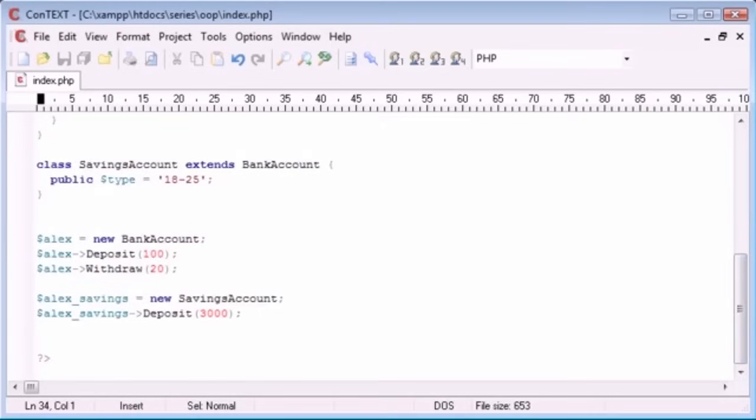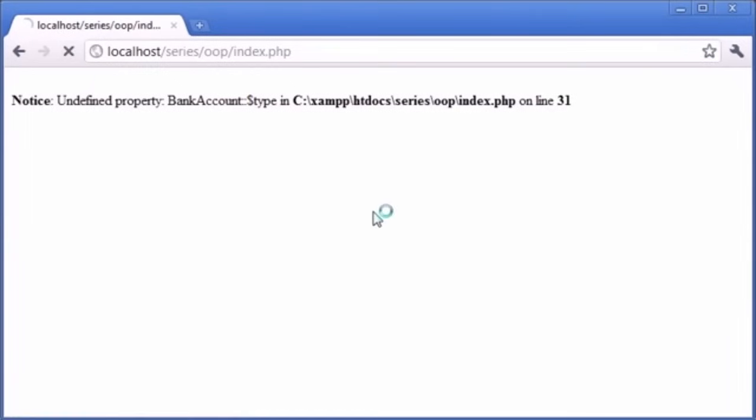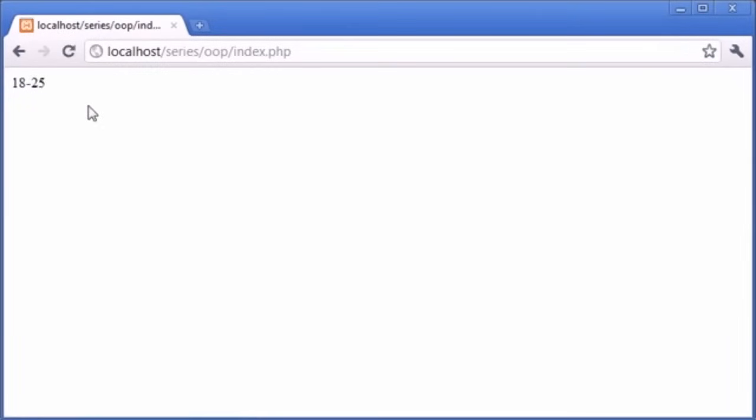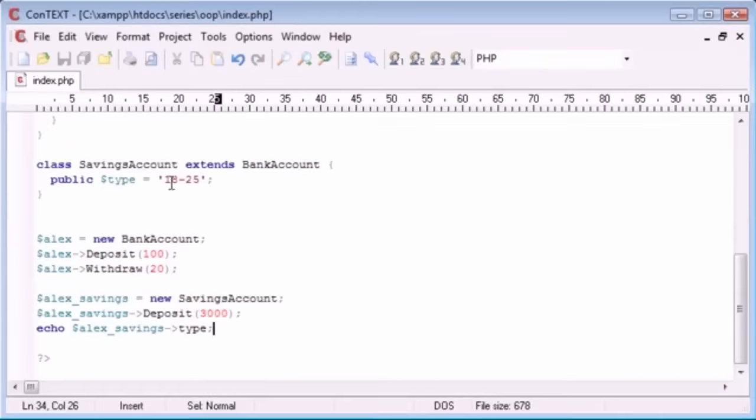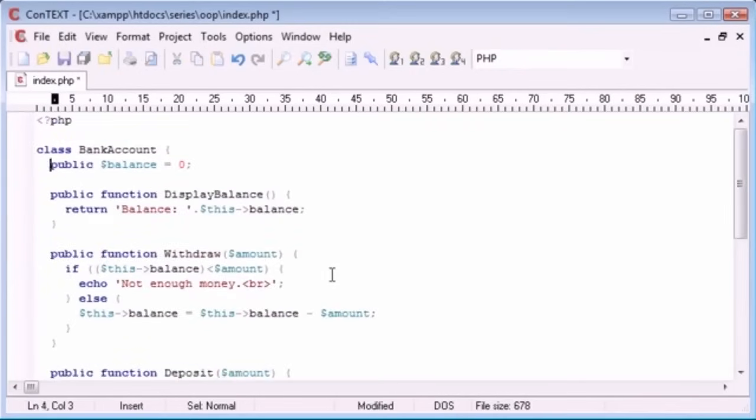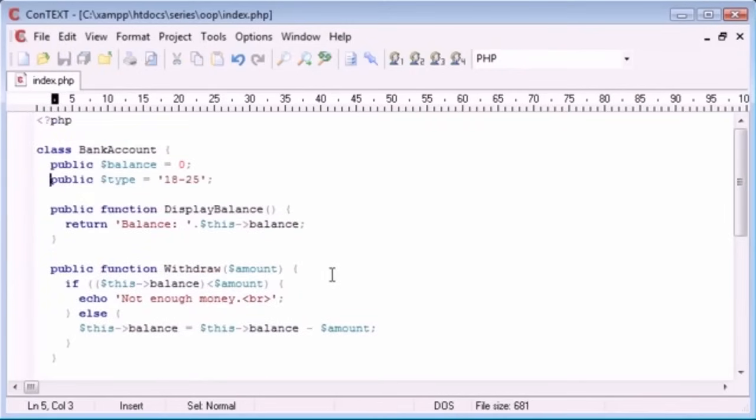Okay, so let's go ahead and say Alex savings, and now let's echo out the type of account. So echo Alex savings and the type of account. So let's go ahead and refresh, and you can see that we've been displayed with the value 18 to 25, which is what the account we specified up here. So now what I was talking about earlier is because this is only available in savings account, which is an extension of bank account, we can't use it with bank account. But if we did want to use it with bank account, we can cut that from there, we can put it in there, and now what happens is this is available for each